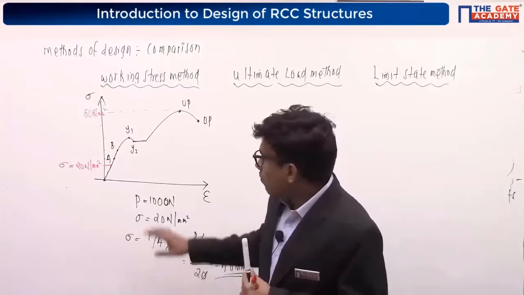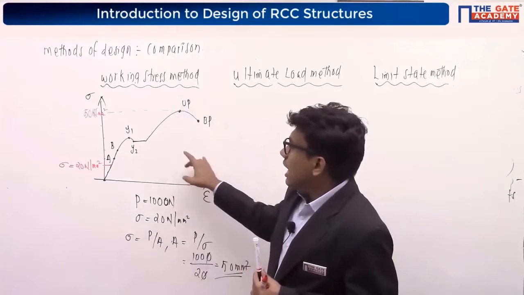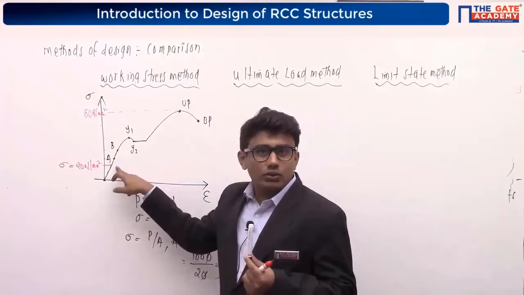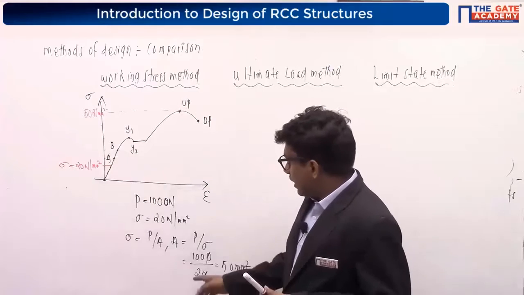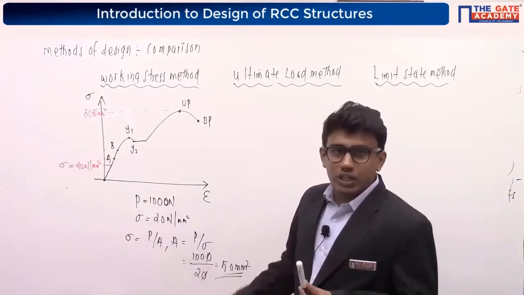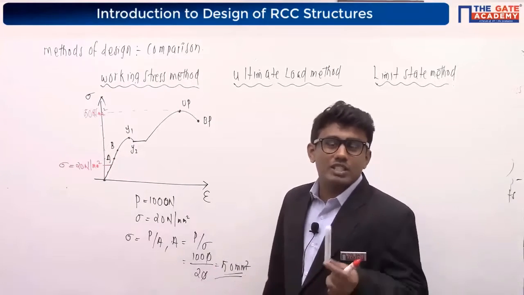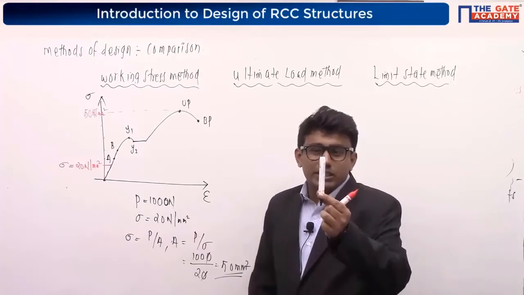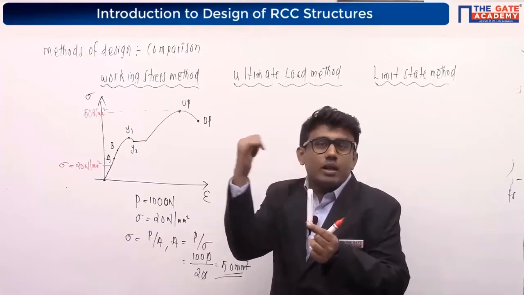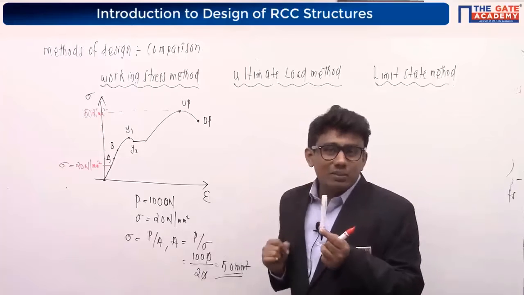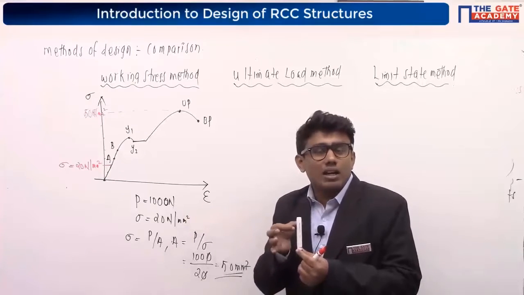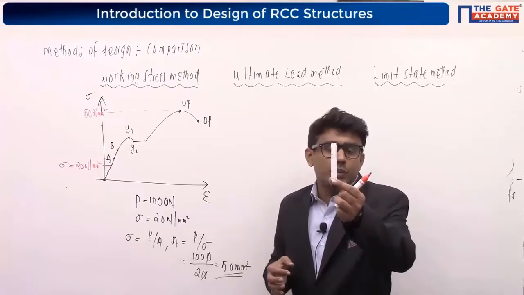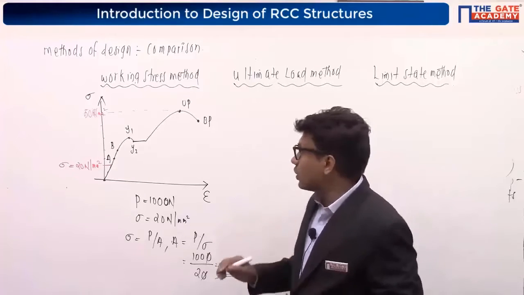Getting my point? As per working stress method, I will allow a stress value of 20 Newton per mm square for design, which is within the elastic limit. And if I calculate the area of cross section, I will be getting it around 50 mm square. Suppose this is the cross sectional area I obtained by working stress method. For this mild steel bar to carry this 1000 Newton, the area of cross section required is 50 mm square as per our working stress method. Keep it with you.